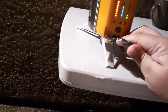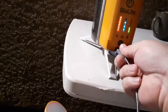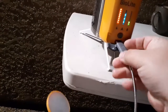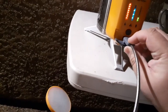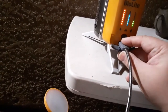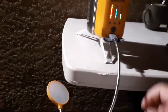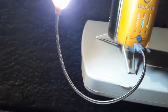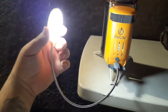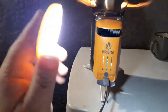Open this up, and it goes right in there, right? Hopefully I won't knock any of this down. I'm trying to do this one-handed here. Got it. Alright, so as you can see,